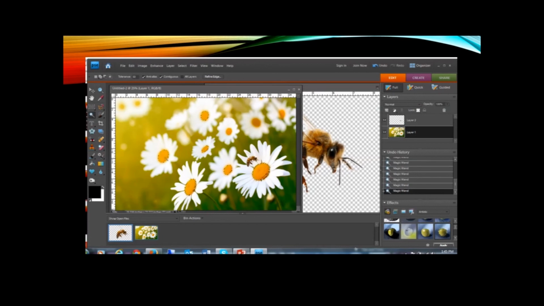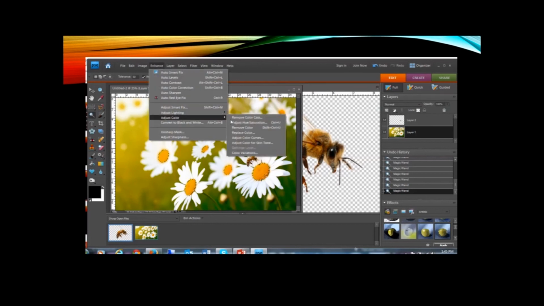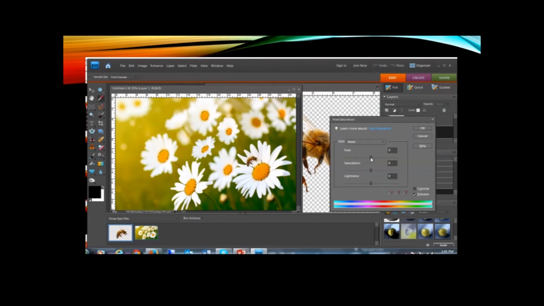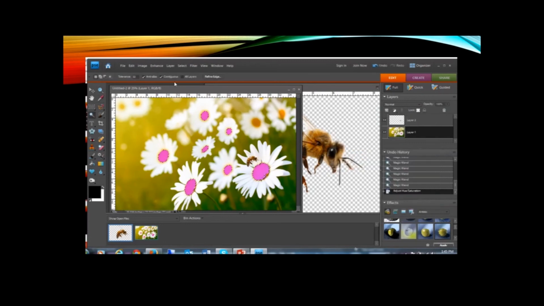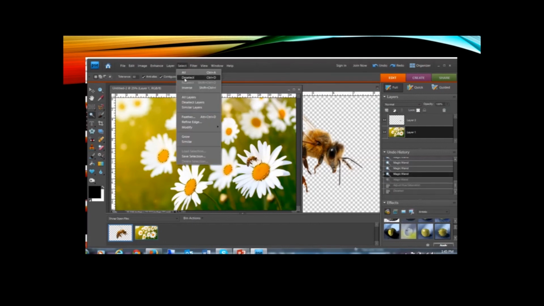Then I can go to Enhance, Color, use Saturation, and say I want to make them a different color in the middle. I can do that pretty easily. And then I can say select, deselect, and now my centers are pink, or whatever, if I wanted to do that. So I can go to select, deselect,